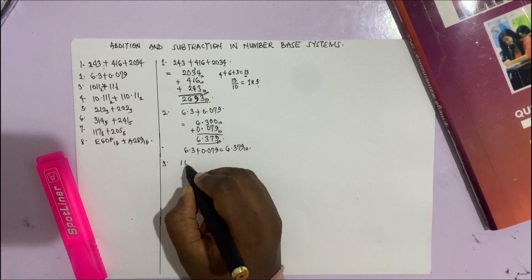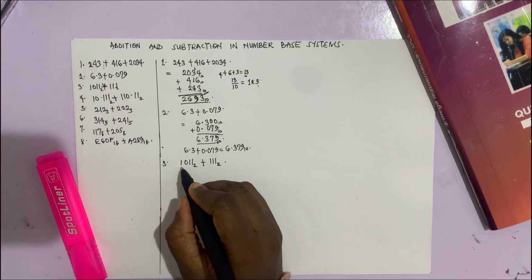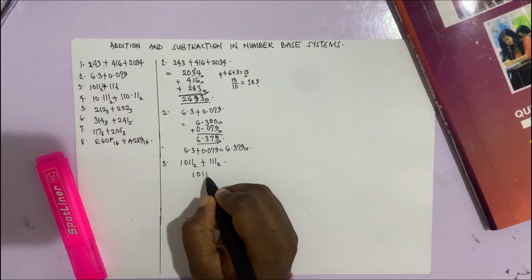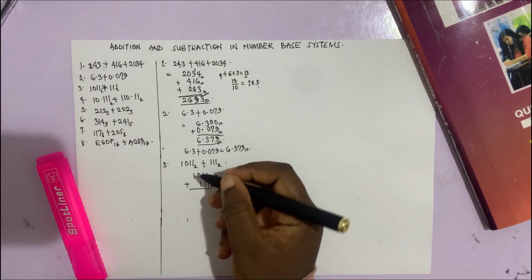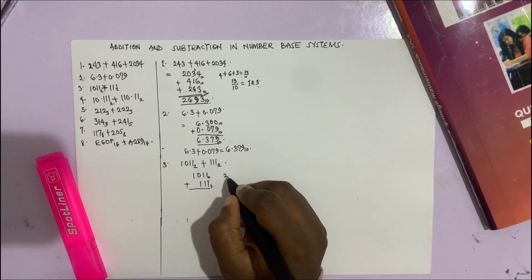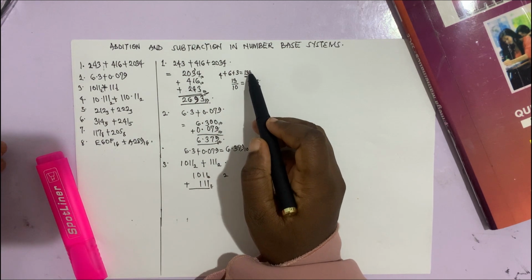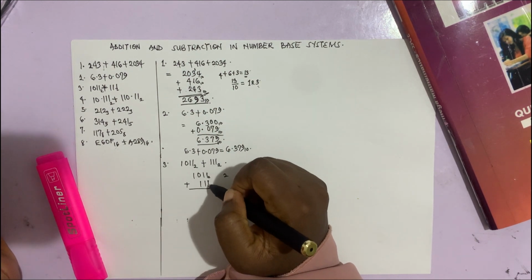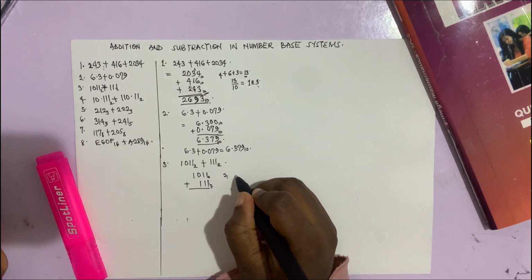First question is in base 2. We have 1011 base 2 plus 111 base 2. So we write the first one 1011, and then the next one starting from the right side, 111 base 2. I want to sum this up. So what do we do? 1 plus 1 will give us what? 2. But since 2 is equal to the base, just like in base 10 where 13 is greater than the base, the rule is when the answer you get while summing is equal to or greater than the base,